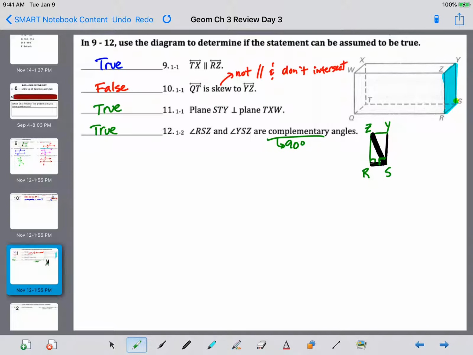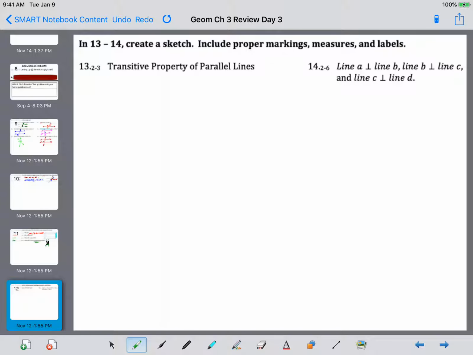Okay. Now let's look at some sketching here. In number 13 and 14, it says create a sketch. Include proper markings, measures, and labels. All right, 13, we actually have a picture of this on that blue sheet. This is theorem 3.7, which says if line A, so I'm going to call this line A, is parallel to line B, so I'm going to put some arrows on those to show that,